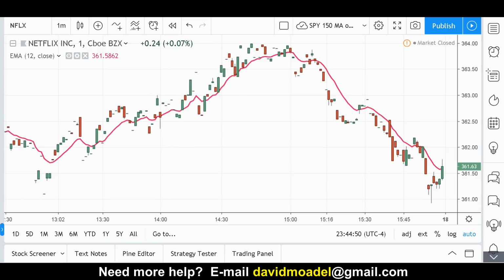Let me go over to tradingview.com, and I'm on the 1-minute candlestick chart for Netflix, but what I'm going to say can also apply to, let's say, swing trading, all right? If you're using maybe the daily candlestick chart, something like that. But right now I'm just kind of thinking of intraday or day trading. And these are the regular